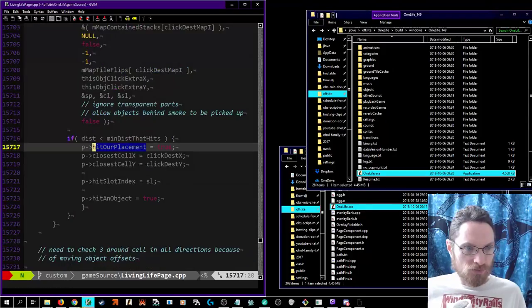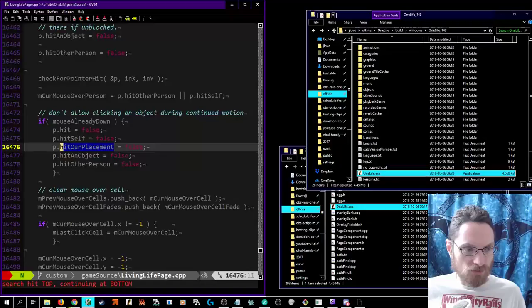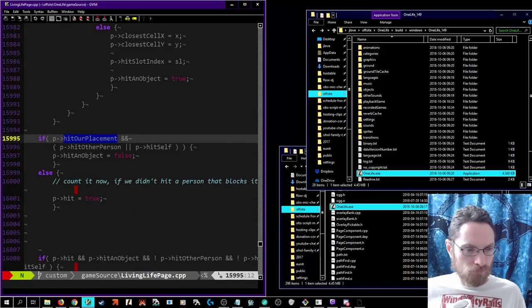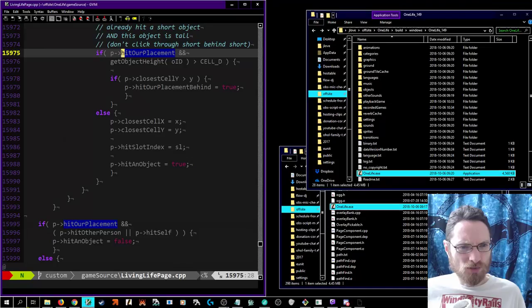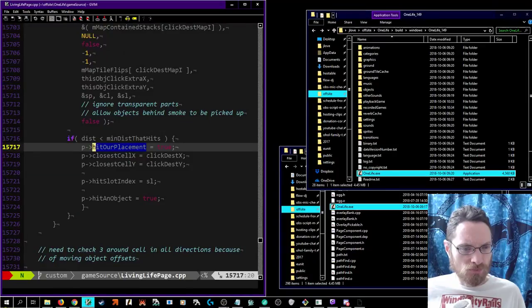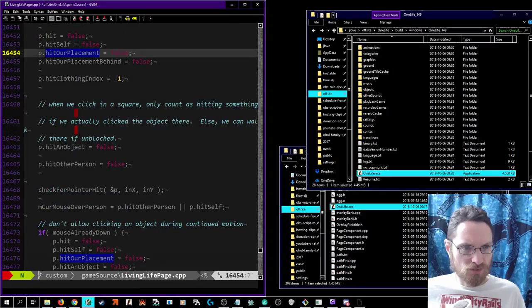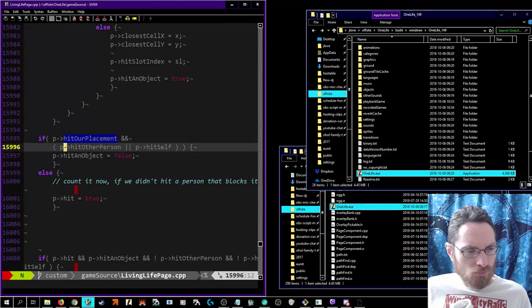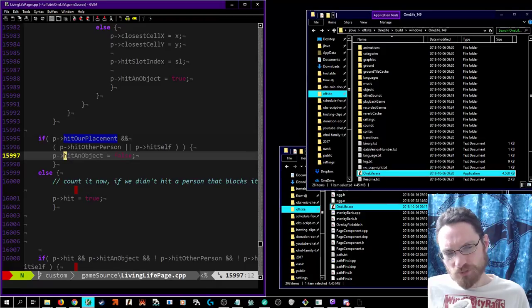What's hit our placement? Hit that. Condition motion, false. The other person or hit self. What is hit our placement? Hit that. Just hit an object. When do we set it that that's not a hit object? So you hit something, then we set it to false if it's a player. All right, so I need